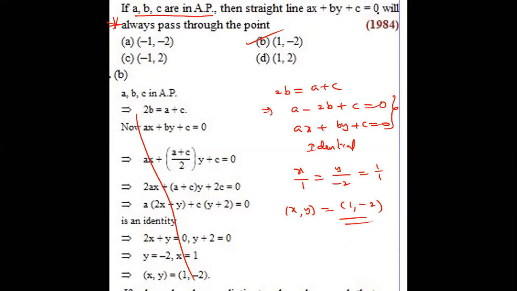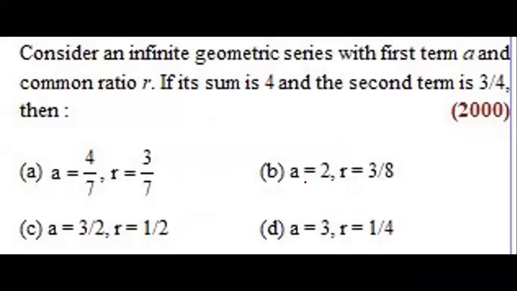ax plus by plus c is equal to 0 will be passing through, means what? Look like this. a, b, c, you can take any numbers. So these are concrete lines, family of lines. It is easy. Thank you, Professor. But this one also, I'm saying, you can follow this method also. This method is also correct. But which one is easy you can follow. This is the second method. This is the first method. It's up to you.